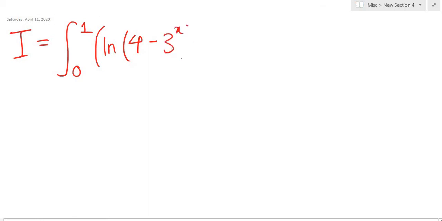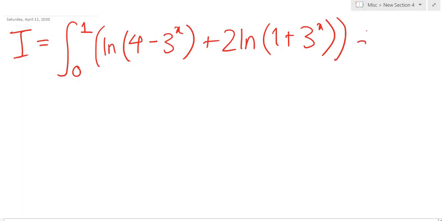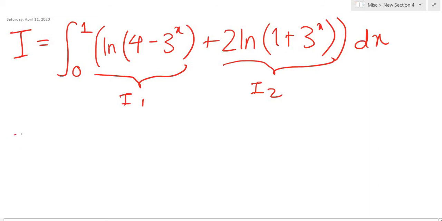So to start with we have I, which is defined as the integral from 0 to 1 of the natural log of 4 minus 3 to the power of x plus 2 times the natural log of 1 plus 3 to the power of x dx. Now, since there's a sum of integrals, let's just redefine this thing. Let's call this I1. Let's call this I2, just to make our life way simpler. So I1 is nothing but the integral from 0 to 1 of the natural log of 4 minus 3 to the x power